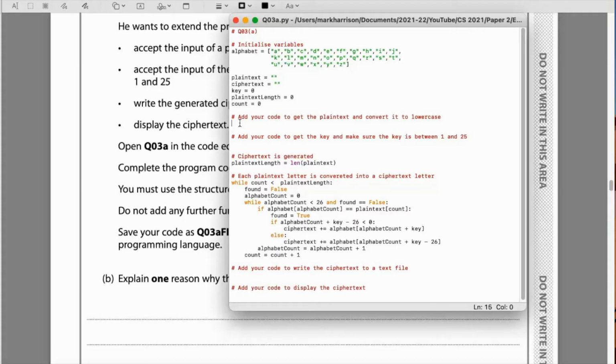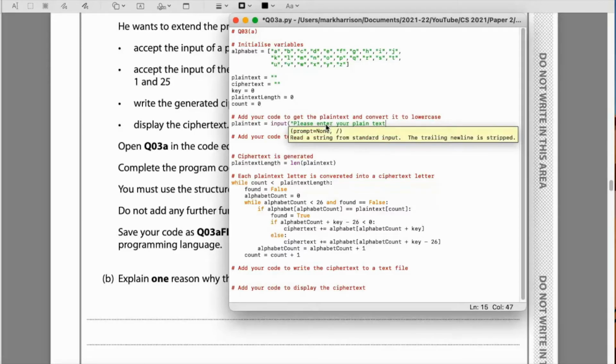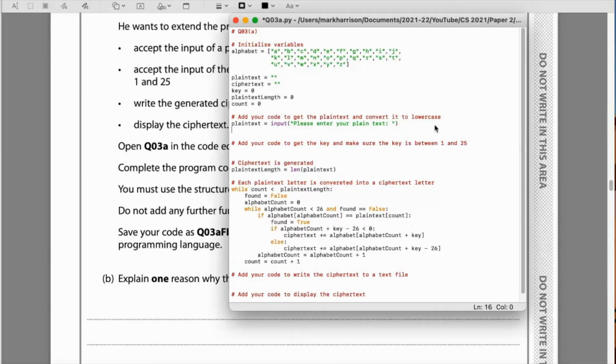So the first thing we need to do is add your code to get the plain text and convert it to lowercase. So we see we've got a variable called plain text. I'm going to use that, equals input. So we need to get the plain text now. Please enter your plain text. Now we need to convert it to lowercase. Variable plain text equals plain text, and we can use .lower, the built-in function .lower with the brackets there. So that will convert it into lowercase. Next point,